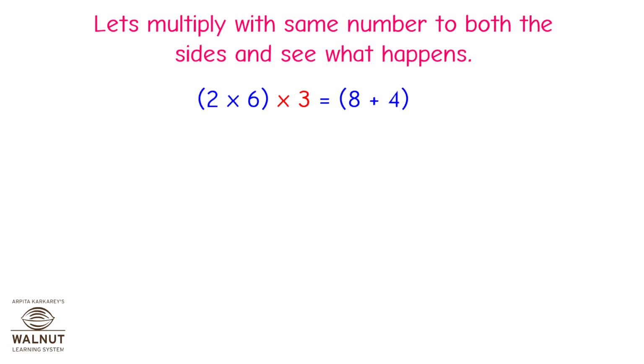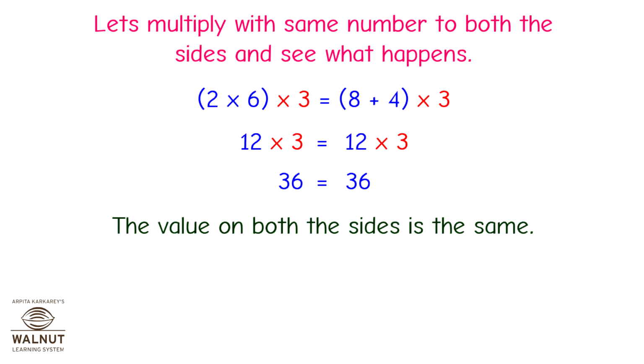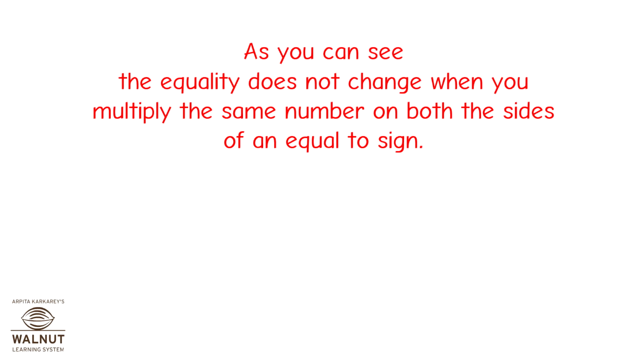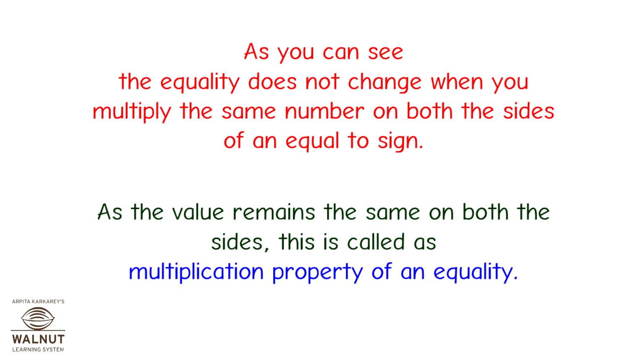2 multiplied by 6 multiplied by 3 is equal to 8 plus 4 multiplied by 3. 12 multiplied by 3, 36, is equal to 12 multiplied by 3, which is equal to 36. The value on both the sides is the same. So, the equality remains if we multiply the same number to both sides. As you can see, the equality does not change when you multiply the same number on both the sides of an equal to sign. As the value remains the same on both the sides, this is called the multiplication property